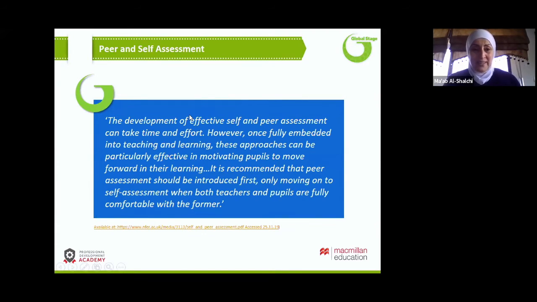So this slide here, as you can see, says that the development of effective self and peer assessment can take time and effort. However, once fully embedded into teaching and learning, these approaches can be particularly effective in motivating pupils to move forward in their learning. It is recommended that peer assessment should be introduced first, only moving on to self-assessment when both teachers and pupils are fully comfortable with the former. I think this